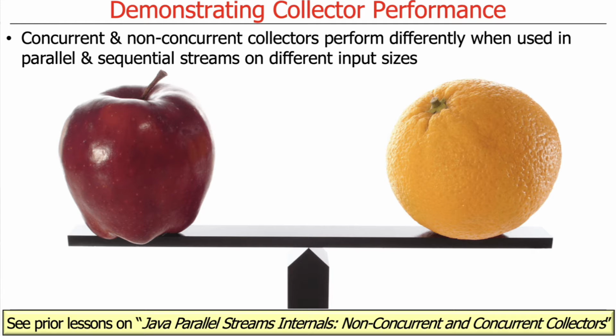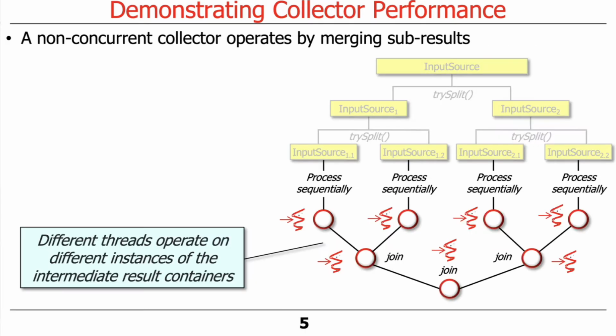So recall that concurrent and non-concurrent collectors perform differently when used in parallel and sequential streams for different input sizes. That's really important, and we'll talk about that when we get to the results. Just a quick recap. A non-concurrent collector operates by merging sub-results together. You can see here we have these different threads, and the results will be merged together. So different threads operate on different instances of the intermediate result containers, and therefore, as we talked about before, there'll